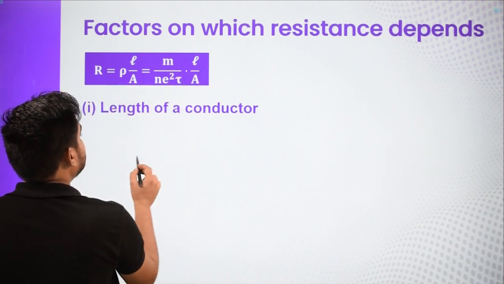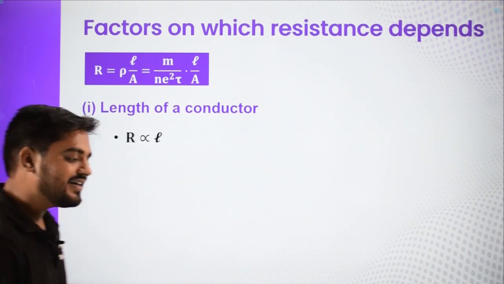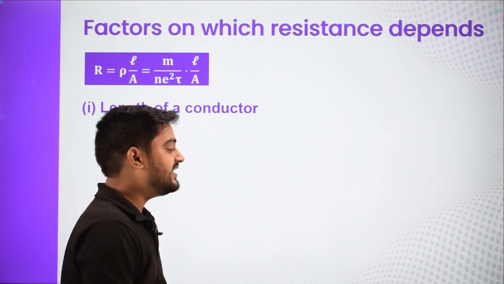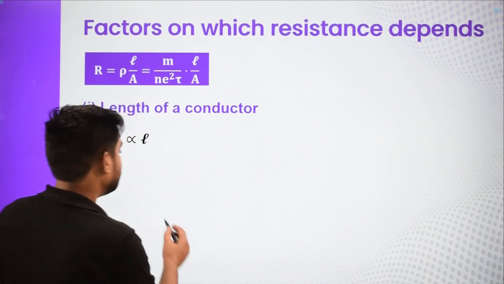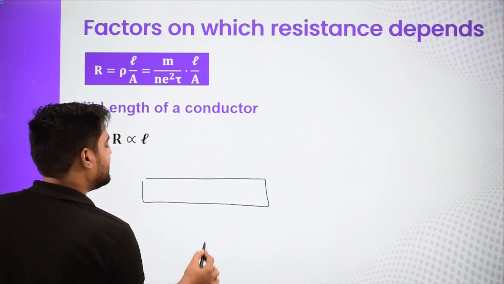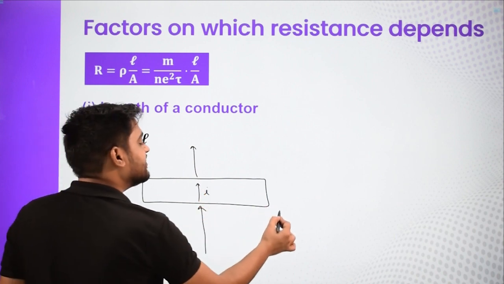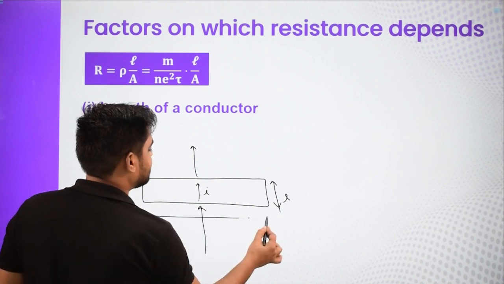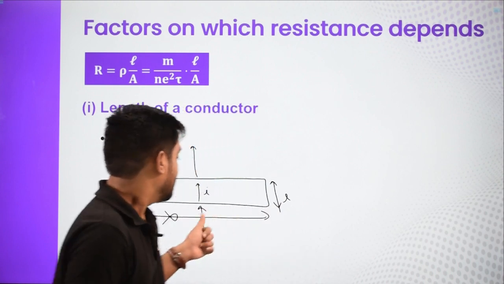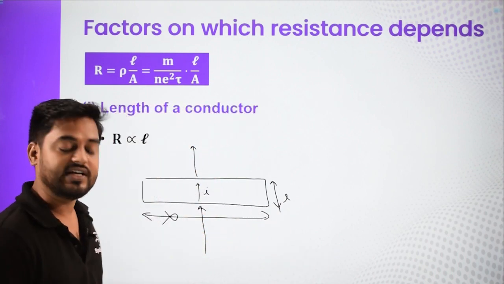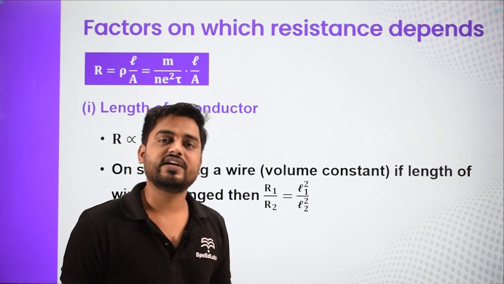In this, as you can see, resistance is directly proportional to the length of the conductor. So the longer a conductor is, the more the resistance. This length has to always be considered along the direction of the current. So if this is the piece of conductor and current is entering from here and flowing like that, then this is the L which I am talking about, not this length. So the length has to be considered along the direction of the current, not the actual length of the conductor.